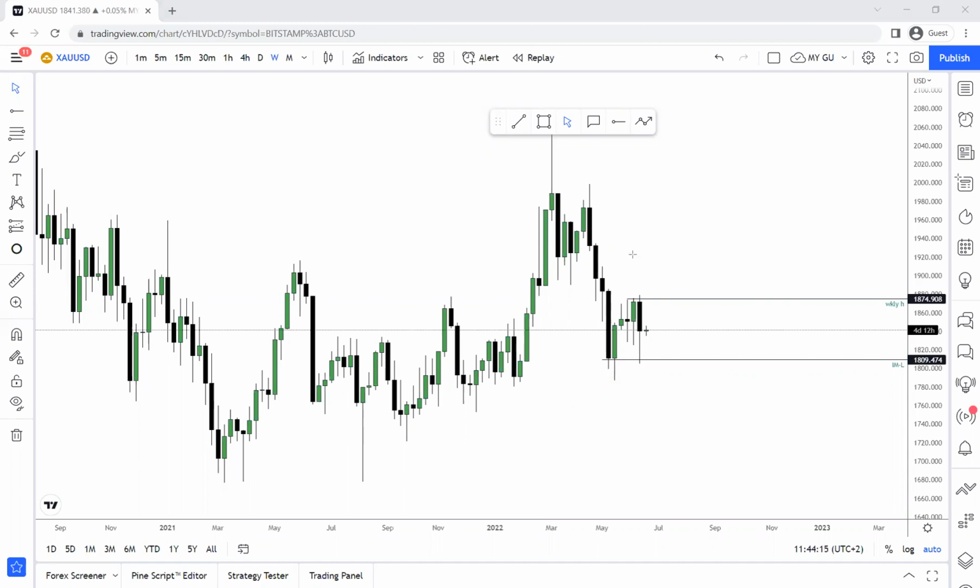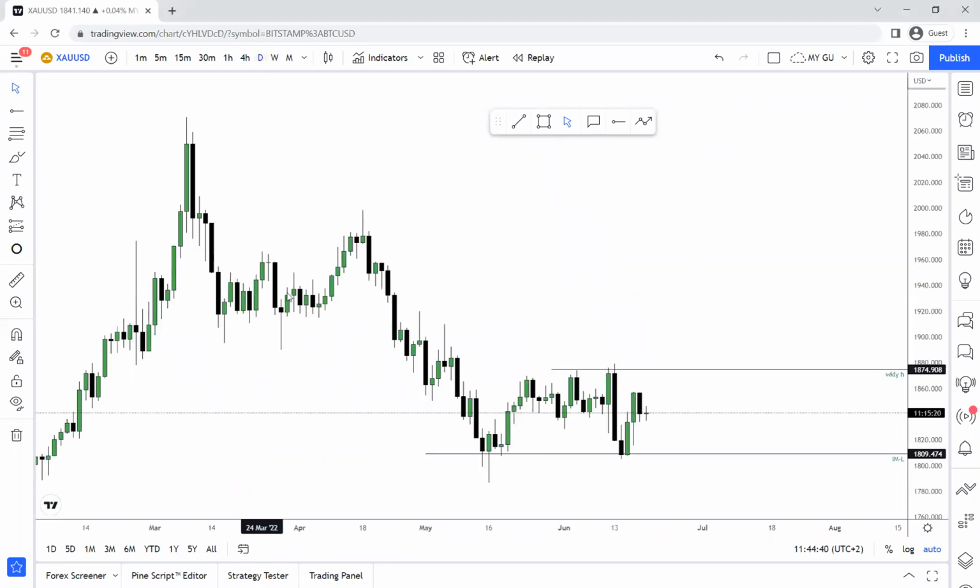So now, as we are trading, these are our 2 most important areas. Those are the areas that we have to watch closely. But there is a third one, a middle one, that we need to know about. In a range, what I've noticed, there's always 3 important ones: the high, the low, and the one in the middle.